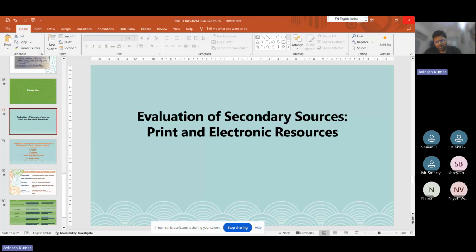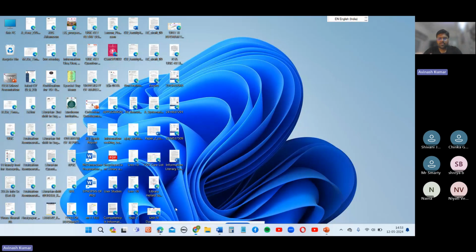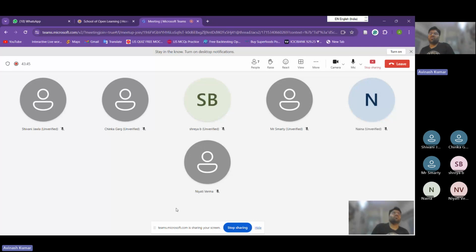Whenever you study anything, first you should know why you are studying it. And second, how it is implemented in our daily life. Then you can relate all these things and easily understand whatever you are studying. So why are primary, secondary and tertiary sources important? I will discuss that.